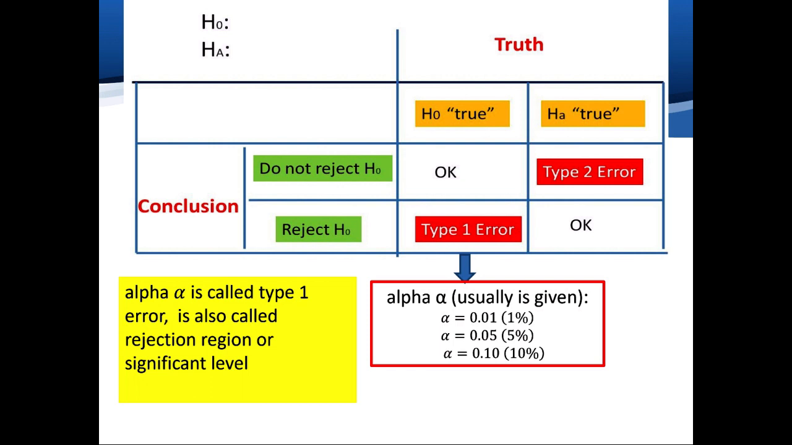Alpha also has some other names. It is called type 1 error, also called rejection region or significance level, because alpha is a probability that allows for the error. So alpha, which is also called rejection region, is a probability. As we learned before, probability will be an area. So rejection region is an area,